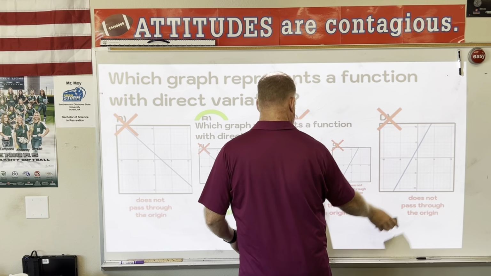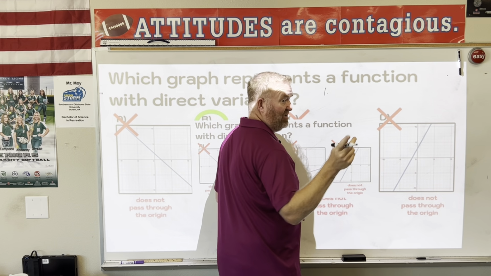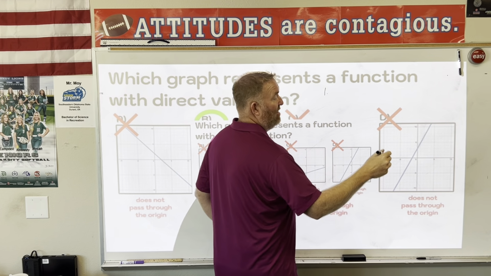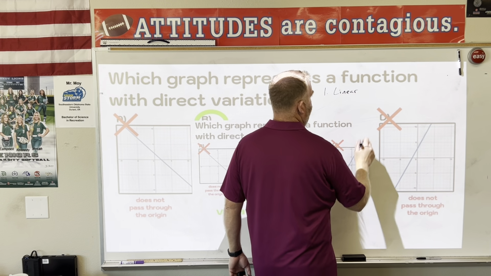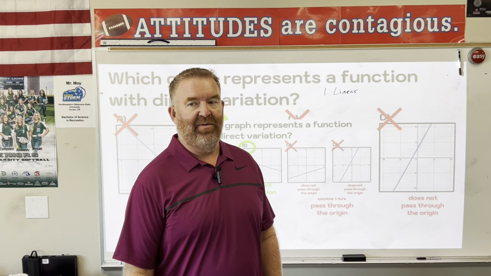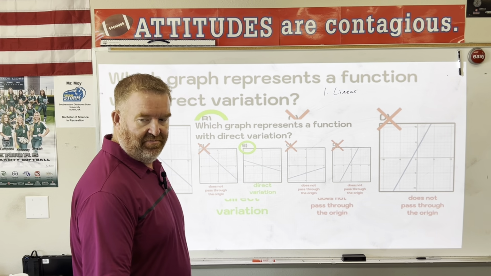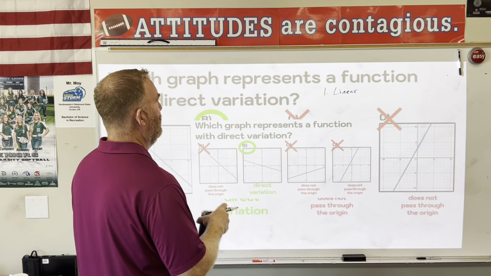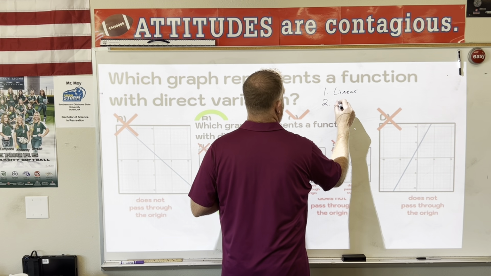There are a couple of rules. Number one, direct variation. You might want to write this down on your notes, just on the top of your worksheet that I gave you. Direct variation. Number one, it has to be linear. Bless you. This is not on your notes. This is extra. You don't have to pay me extra for this. I'm going to give you this one for free. Okay? You don't have to pay me extra. Okay? Number one, it's linear. Okay? Number two, it always goes through